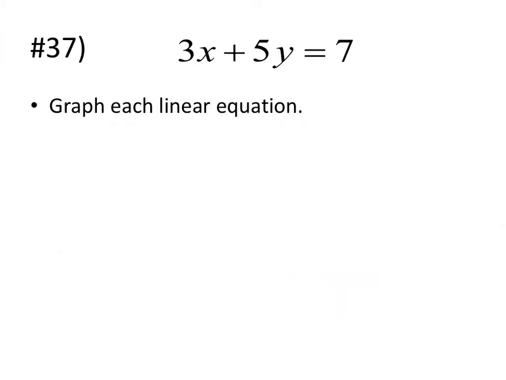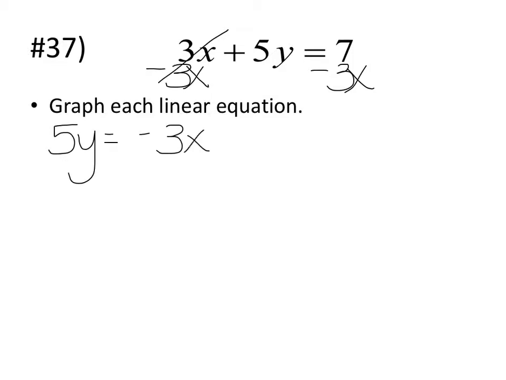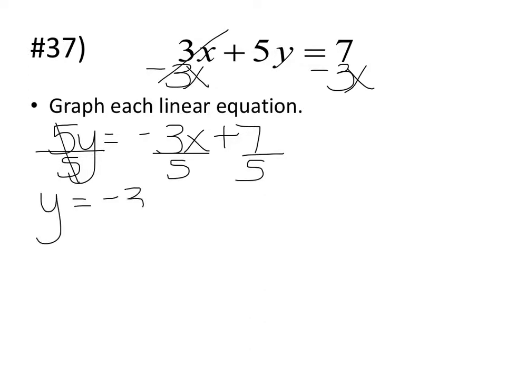Okay, so here, same thing. You're going to solve for y. Okay, giving you 5y is equal to -3x plus 7. Divide both sides by 5. And you've got y equals -3/5 x plus 7/5. Now, when you end up with something ugly like that, 7/5, I don't want to try